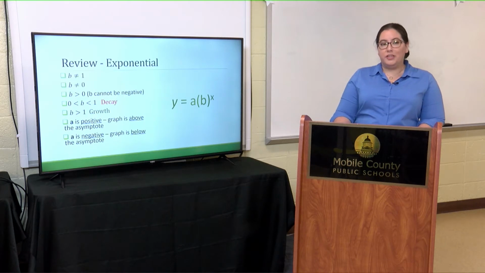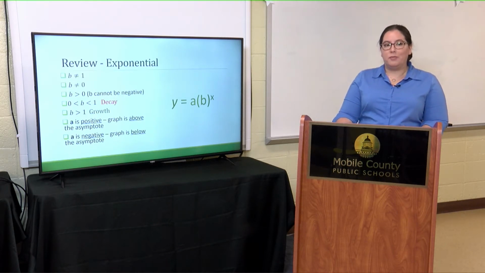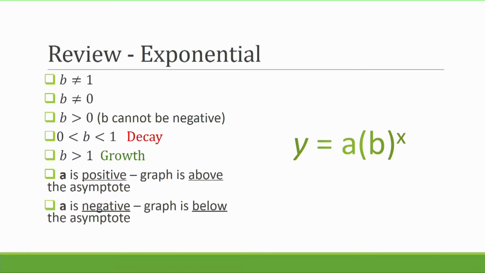So let's review exponential functions first. We're talking about our form, which is y equals a times b raised to the x power. And we're going to talk about each of these components. So b is the part that's being multiplied, and as we multiply, our growth happens. So b can't be 1 or 0 because neither of these would create growth. And b can't be negative or less than 0 because we want to keep our answers real as opposed to